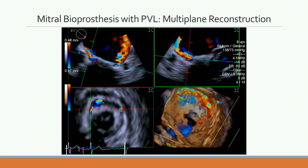And multiplane reconstruction imaging is done in 3D echocardiography as well as CT and MRI imaging. The top two images represent long axes, and the bottom left represents the short axis. And the bottom right is just a 3D rendering of the mitral prosthesis in this case. And based on this multiplane imaging, we can locate the jet in its short axis in the bottom part of